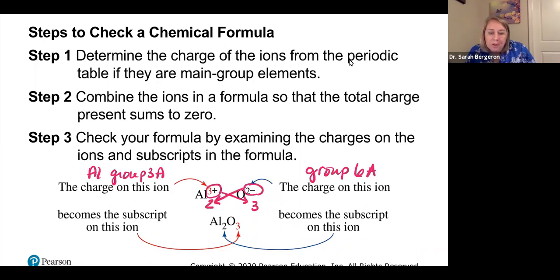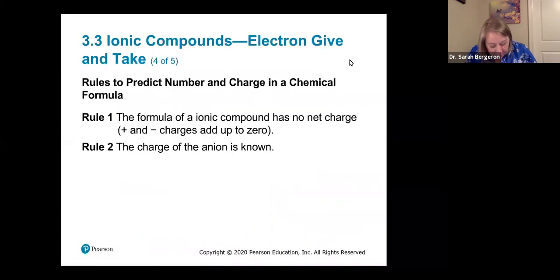So cross over, and then can we reduce? No, we can't reduce. So we're good. So for every 2 atoms of aluminum, we have 3 atoms of oxygen. Pretty nice and easy. All right,